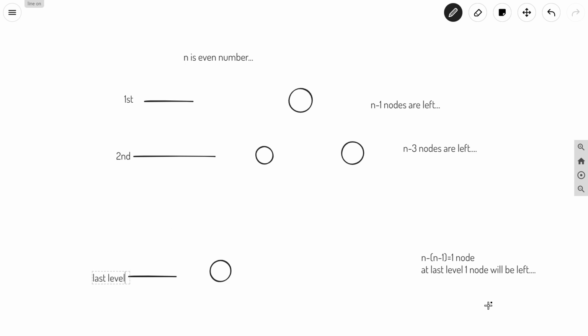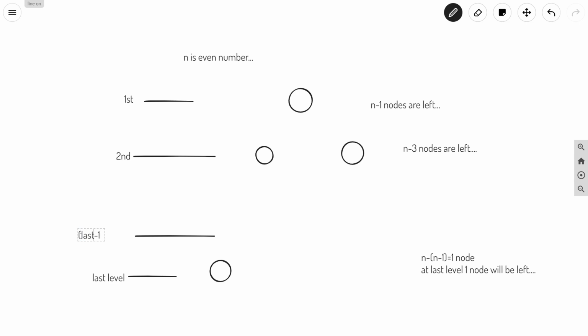This node will be the child of a node which is present at the last minus 1 level.